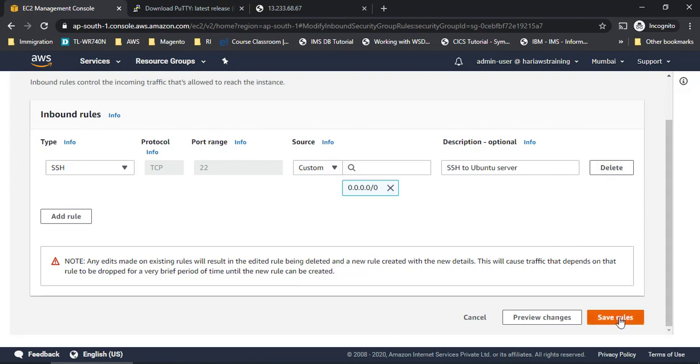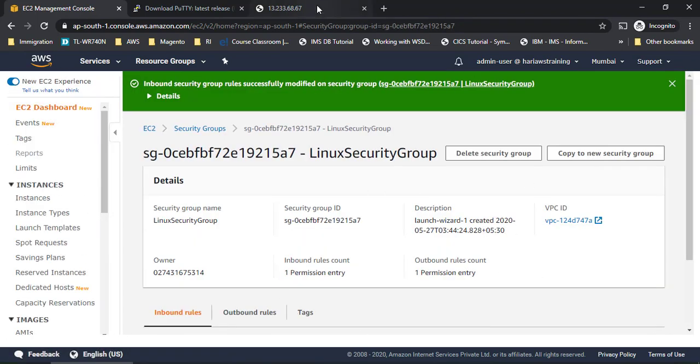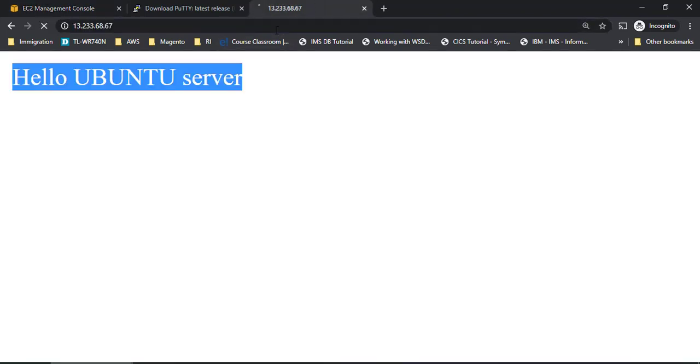But I am not sure if this is going to work for my web page. Let me save the rules, and now I'll go to this, click on enter. Now you can see this will be rolling. It will not end, because it is going into an indefinite loop. It will not be responsive. You will not be able to see the value here.